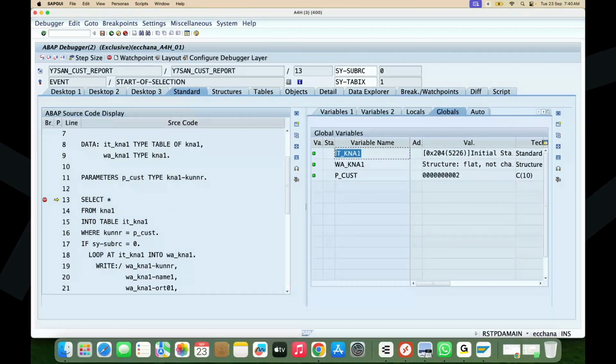This is created with reference to KNA1, and it is ready to hold multiple records. That's where you can see a bracket, which is ready to hold multiple records. And if I click F6, now you can see one record which is stored inside this table IT KNA1. And when you go and check this work area KNA1, which is a structure,